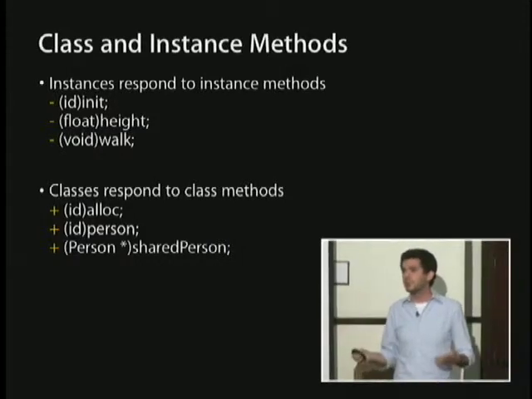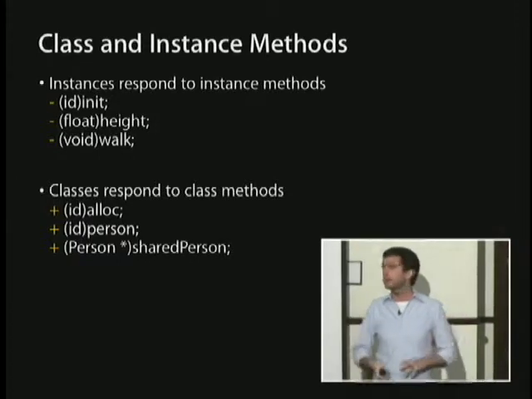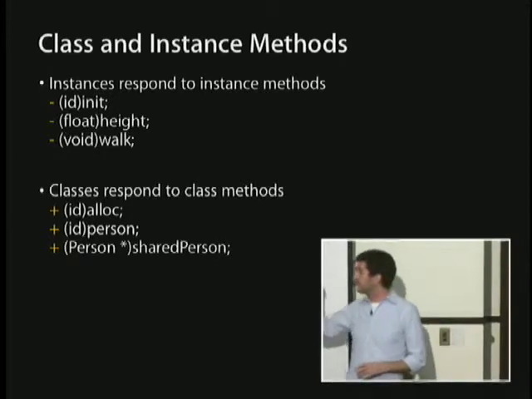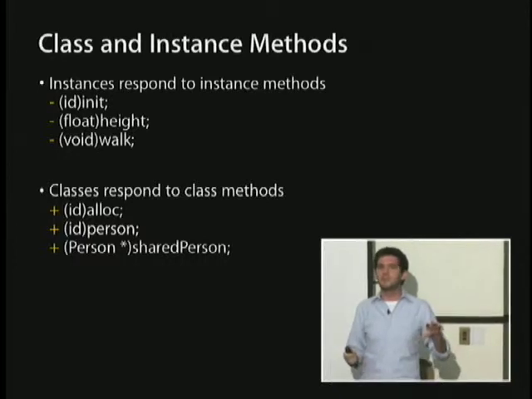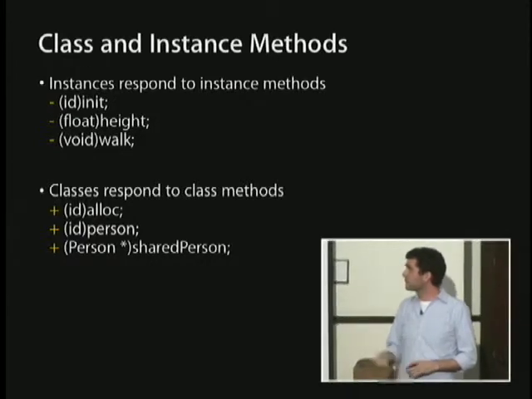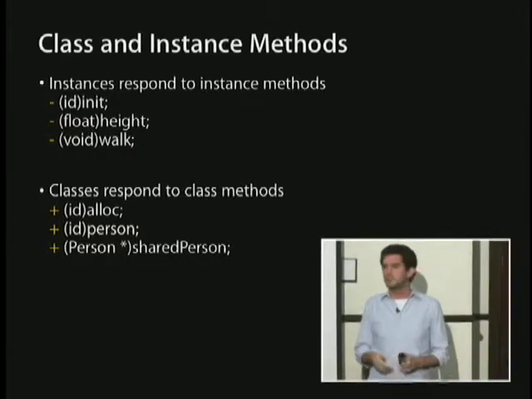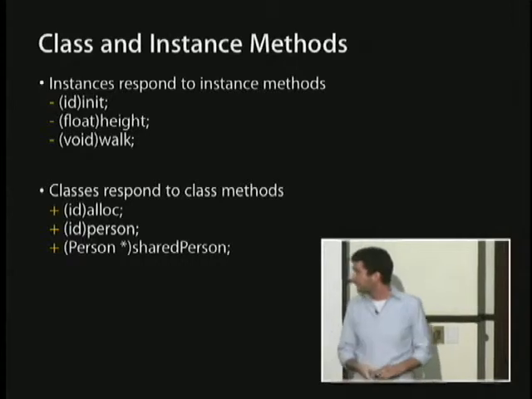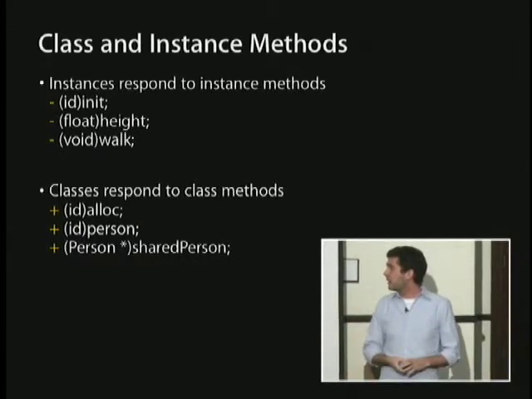If you're dealing with a string, we've got the NSString class, and you want to allocate one, you call just NSString alloc. You can send that directly to the class. And this is a pattern you're going to end up seeing a lot, alloc and init. You always message the class alloc, and the result of that is an instance, and you can message that init. Then you can call height and walk on the instance. Height is probably going to return a value from an instance variable. Walk presumably will perform some operation that makes somebody walk. The class allows you to allocate a new instance with alloc.